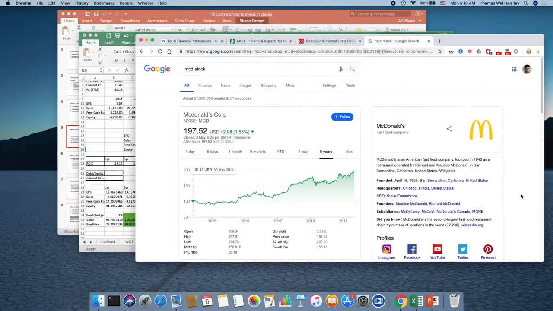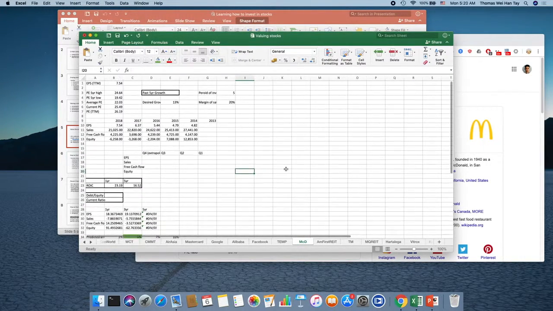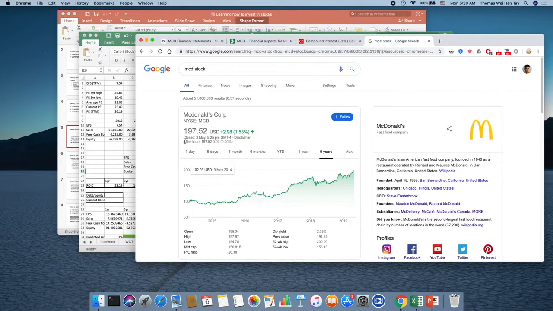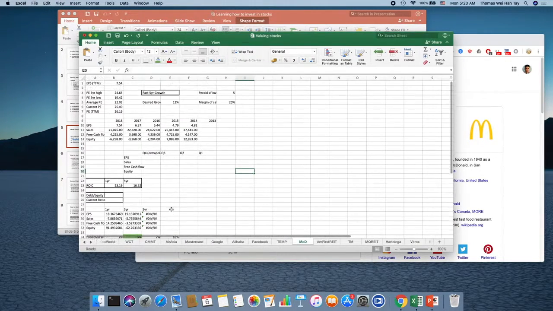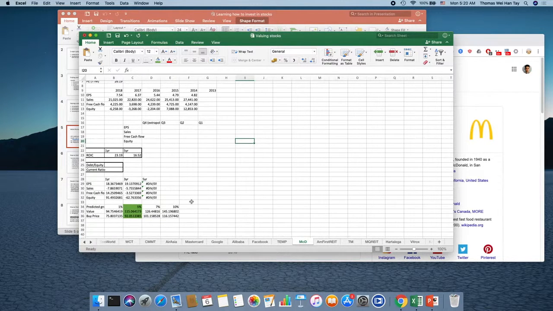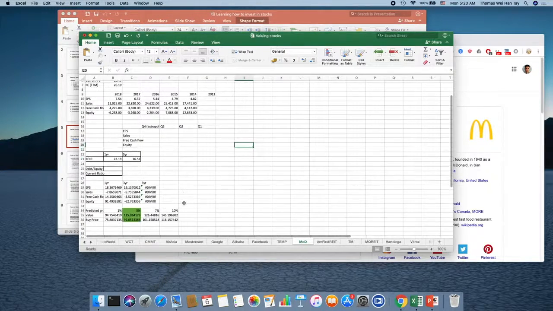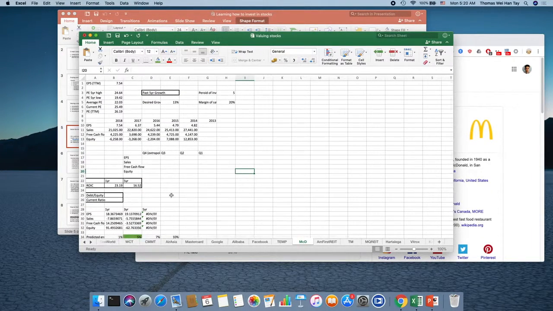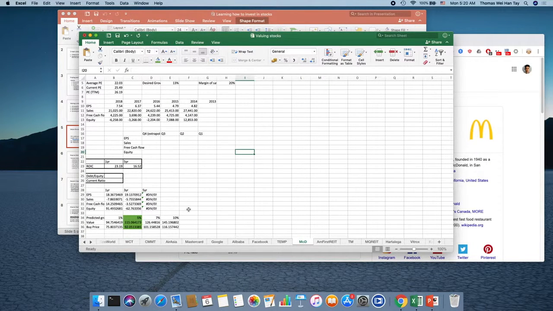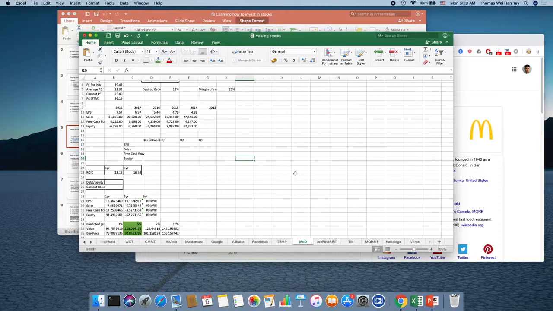So in conclusion, based on what I found, I'm not really going to be putting my money into McDonald's as it looks really expensive. I'm not sure if I evaluated it correctly, but yeah, so this is how I do it. This is for people who are just starting to invest and are wondering how to value your stocks. This is how I do it after watching some YouTube videos. It might be correct, it might not be correct, but at least you can put a number to it instead of just looking at the price,